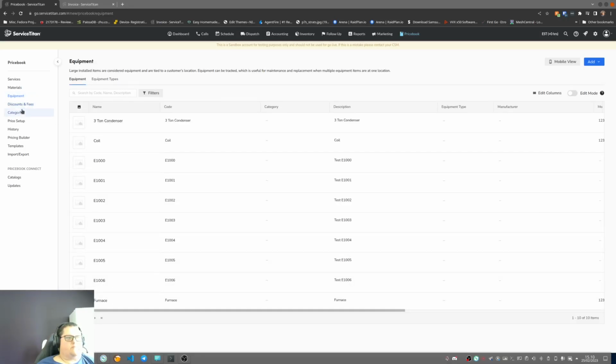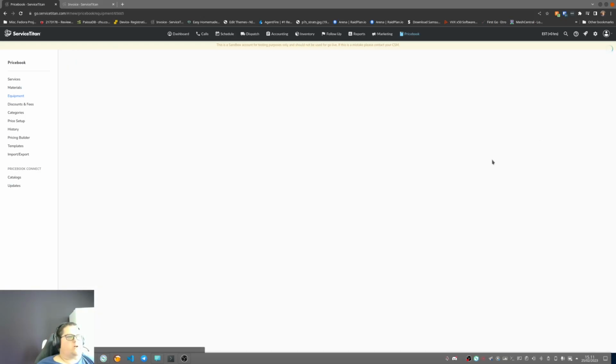Now, like with materials, you can also sell those directly, but I don't recommend it. Well, you can sell those directly if you want, but the problem is that right now, those don't work with the pricing builder. We'll get to the pricing builder and what it does and does not do later on. I think it's going to be easier this way. So if I go under the equipment here,